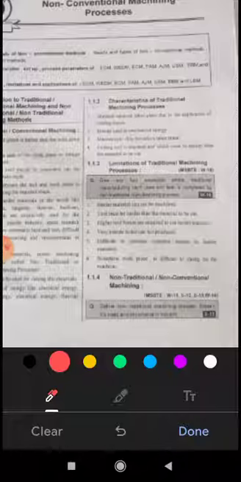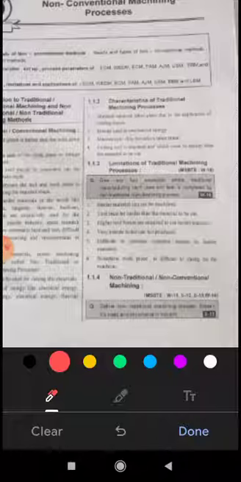Then, it is difficult to produce complex shapes in harder materials. If there are internal holes of very small diameter, then we cannot drill very small holes by using our traditional machining process. And also sometimes the workpiece is very difficult to clamp onto the machine. This is also a big problem in conventional machining.